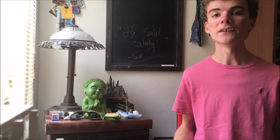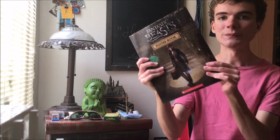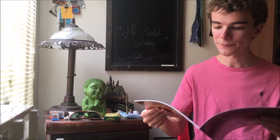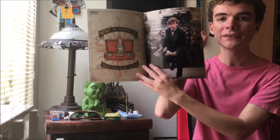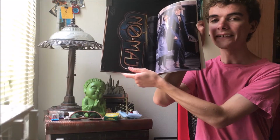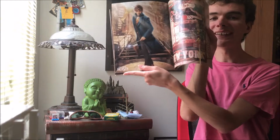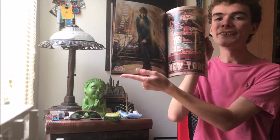Back into a quick spiel on the arts before I end up on a totally different note, but my mom found this at Hallmark for $3. This is the Fantastic Beasts and Where to Find Them poster book. It's got a lot of cool posters, plenty of Eddie Redmayne that I can put up in my apartment in the living room for my roommates, because I think they would love Eddie Redmayne. I don't even know who my new roommates are, but imagine walking into that just surrounded by pictures